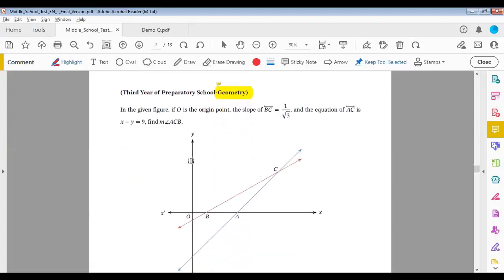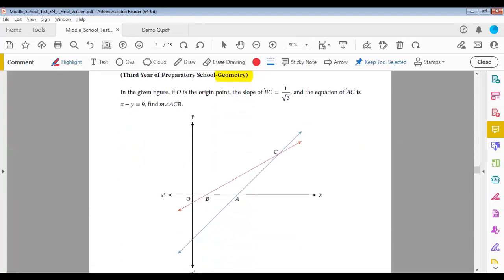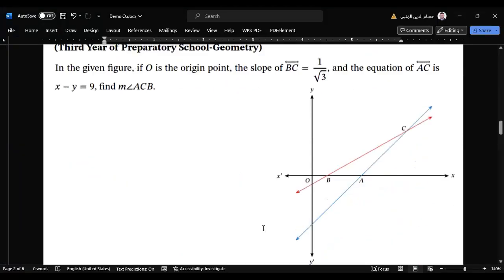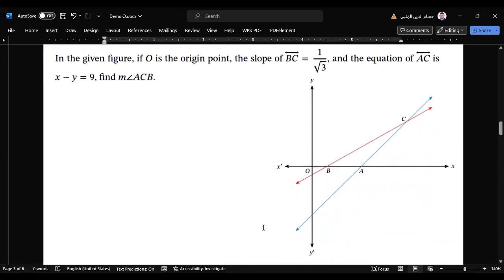And let's take the next one. Okay, here, let's make some agreement first. You said to me that in the given figure, O is the origin, and the slope of BC, the red one, is 1 over 3. So we know that the slope equals tan the angle with the positive direction of x-axis, which is this one. So I will say that the measure of angle CBX